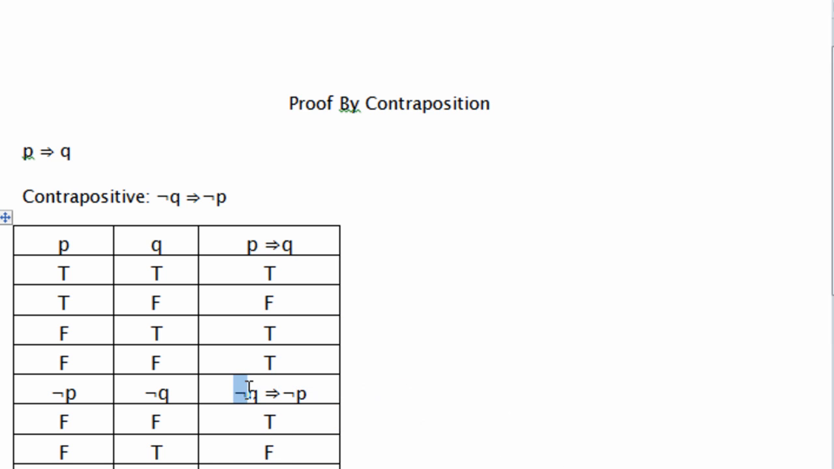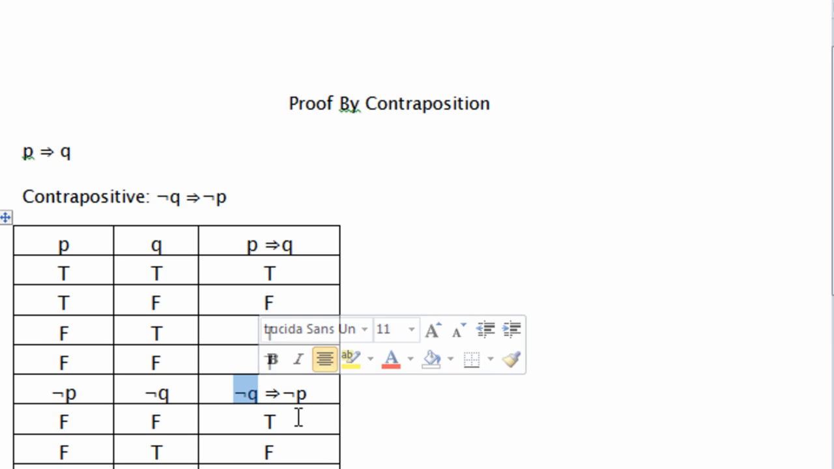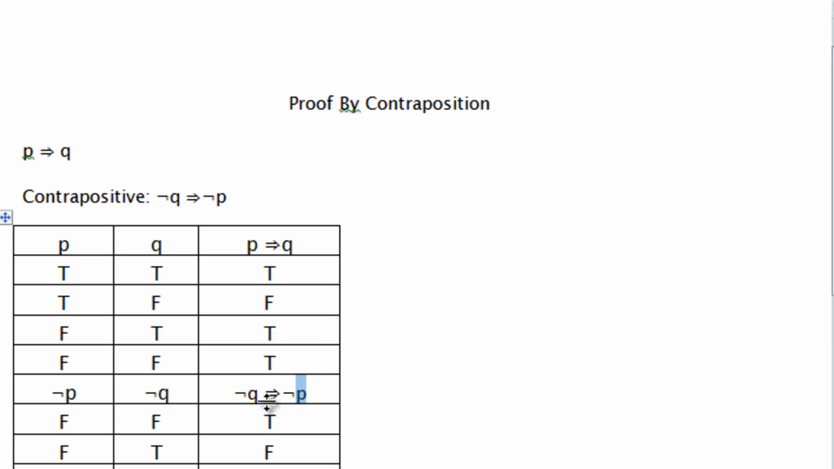It's only false when not Q is true and not P is false. And not Q is true when Q is false, and not P is false when P is true. And so if we have here P is true and Q is false, then that is false up in this original implication statement. And the reason why this is really important is because